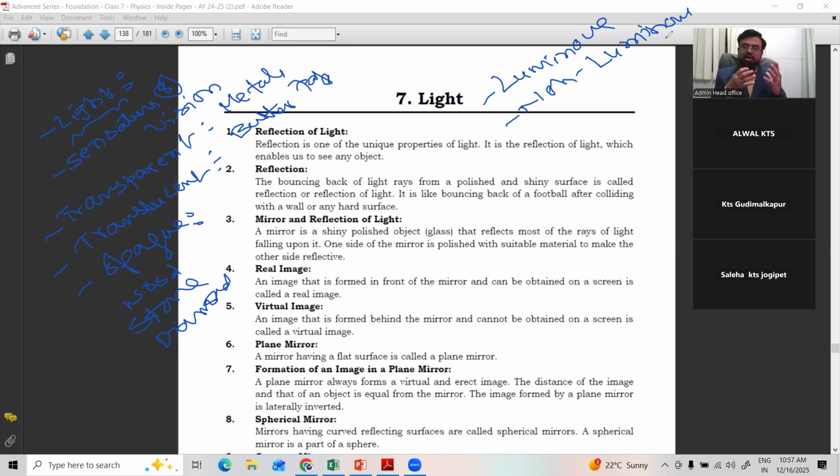Whereas some bodies do not give light by themselves, but they can be visible by reflection of light, or whenever light falls on them. Like your books, your chair, your table, you yourself, your teacher, your friends. We are not producing any light, but whenever light falls on us, we make reflection, and we are able to identify that this is a table, this is a blackboard, this is a teacher, and so on. They are called non-luminous bodies.